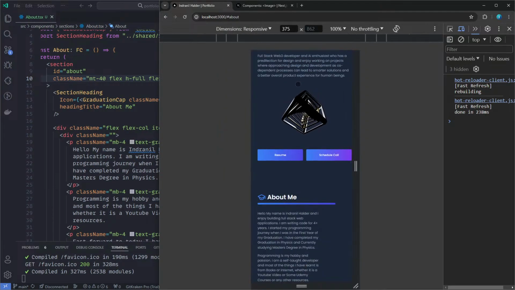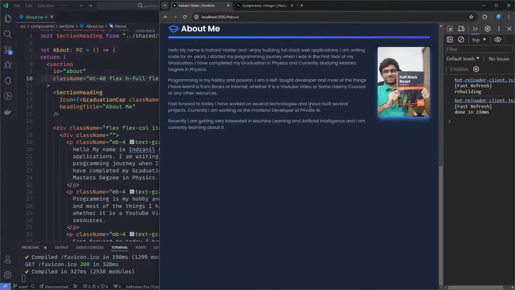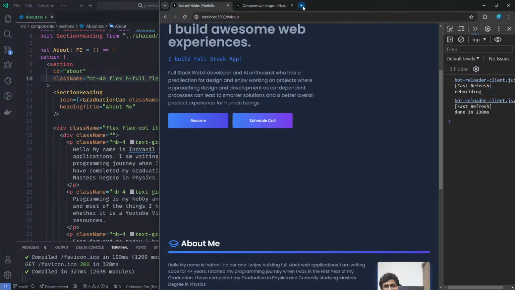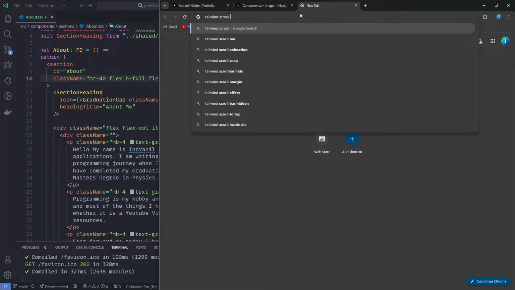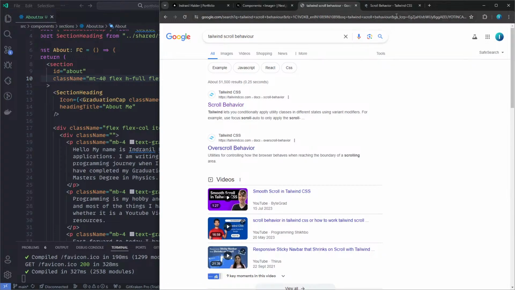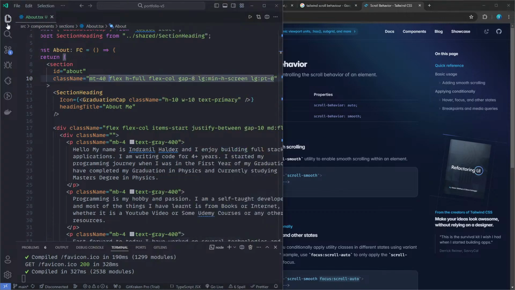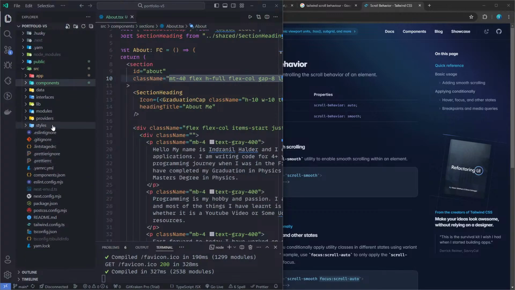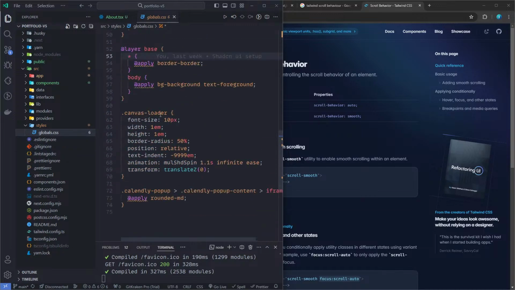One thing which I just saw is that when we are clicking on About, it jumps directly. So let's look up scroll behavior in Tailwind, and okay, scroll smooth. So what we can do is go here in the globals.css. We have many things, we have the canvas loader as well for loading up the animations,